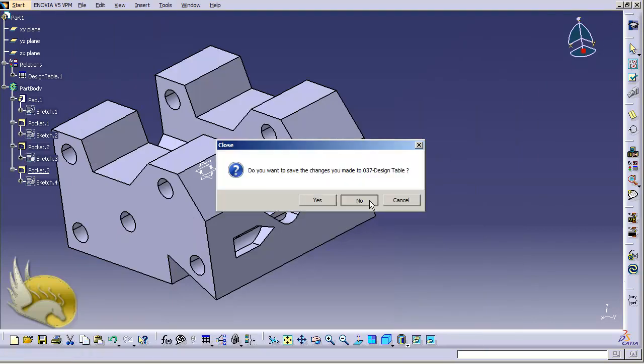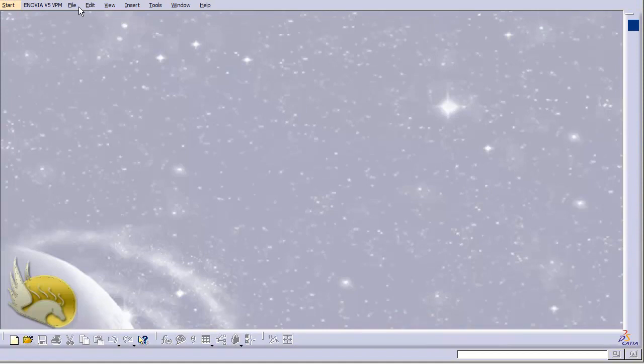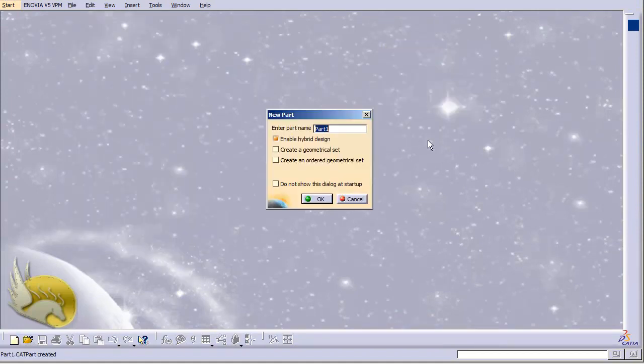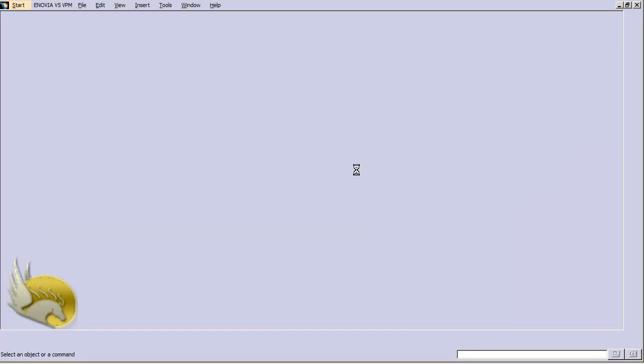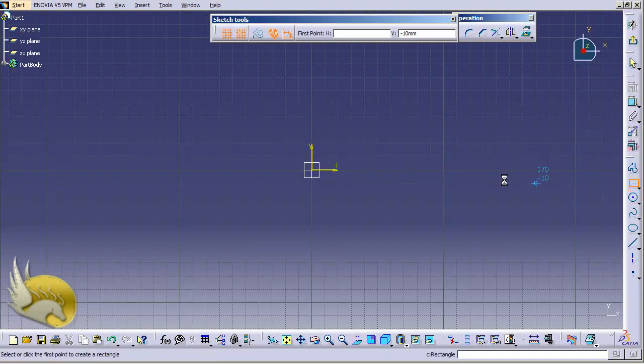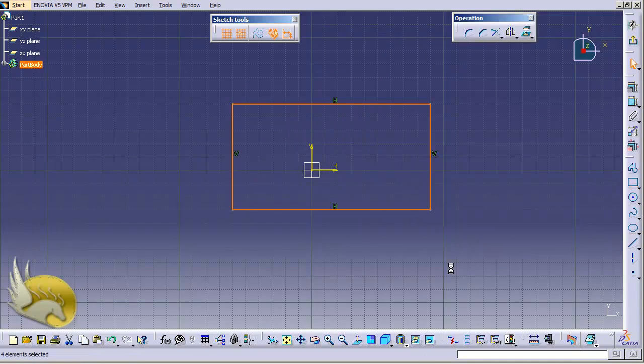I'm not going to save anything here. I go and create a new part by typing new part here, and the part is going to be Part1. That's okay for me. Now I'm going to choose, for example, YZ plane or XY plane. XY plane is better. Create a simple rectangle